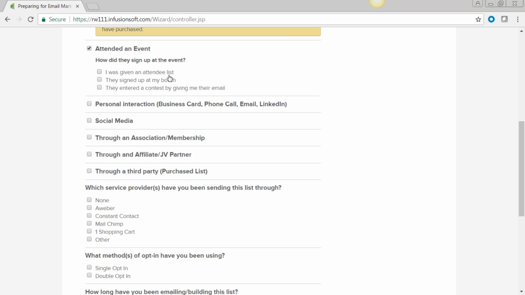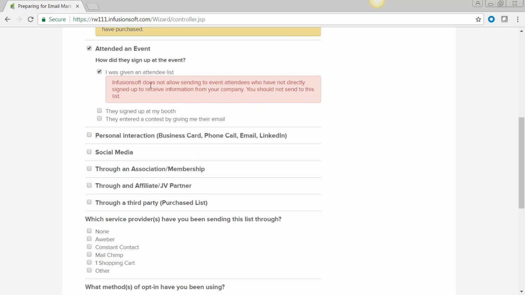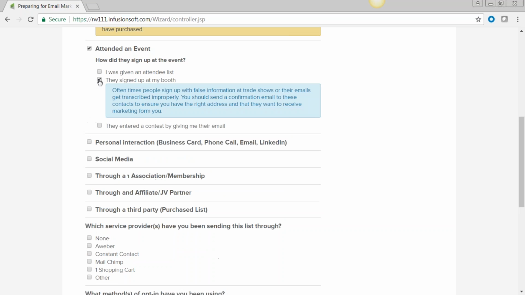What this means is I was given an attendee list. Well, you have no idea who I am. You went to a big conference and an event, and there were 100 vendors, and all the vendors get this list, and the chances are that you know the person sending you an email is really slim, and chances are very high that you will spam them. I mean, you will complain that they've spammed you. So we have to be super careful that we are not putting a list in from that type of an event. Now, if they signed up at your booth,